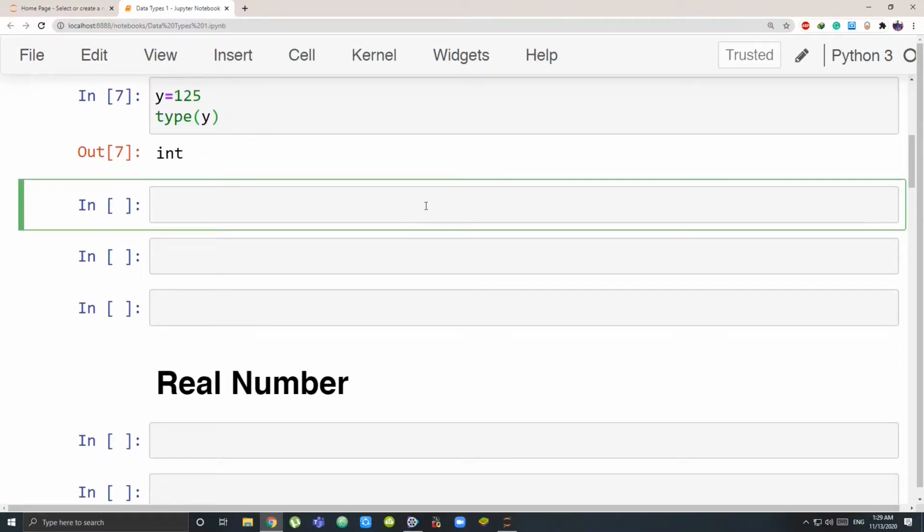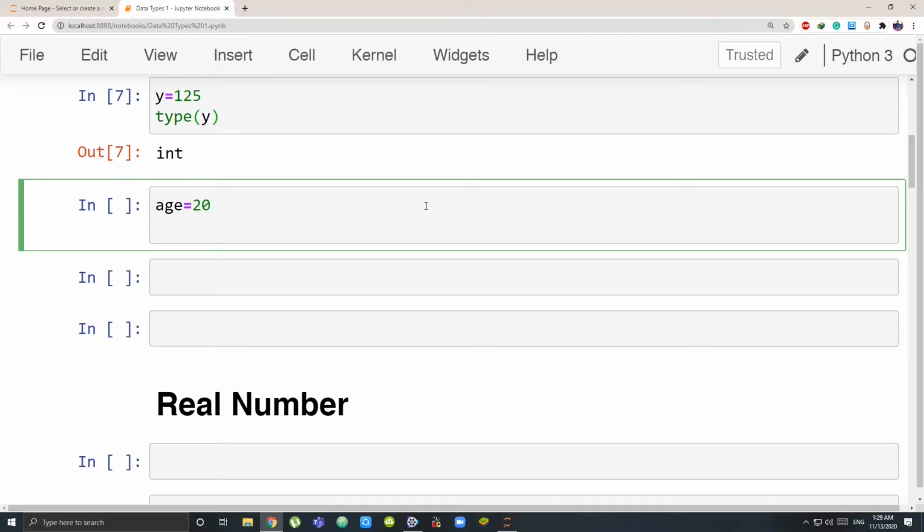So what more can you store in integers? You can store your age equal to 20 years because it is taking a non-decimal value 20. Or you can even store price of BMW. It is equal to $582,800. You can't put a comma inside it. You have to completely write the number.